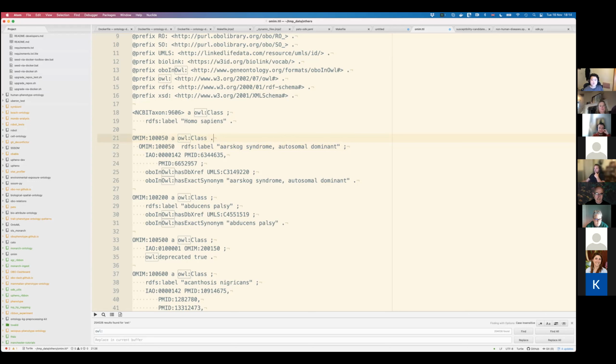Anyways, and you see, here we have the full triple. Here is another full triple. This semicolon just means whatever the next two things are, we attach them to the first subject that we had. So basically, in this case, OMIM 100200 is an OWL class. It also has RDFS label abducens palsy. It also has dbxref UMLS something and the exact synonym